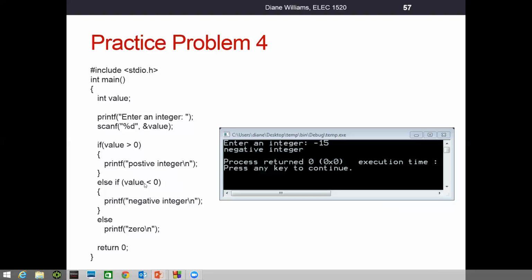and say, well, is value less than 0? Negative numbers are less than 0. So when this is true, we'll print out the message negative integer. But now if this is not true, right, so if our number is 0, that makes this false, that makes